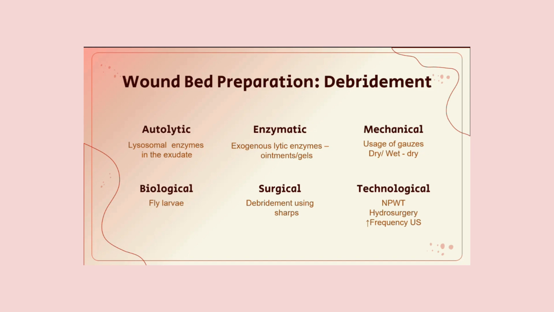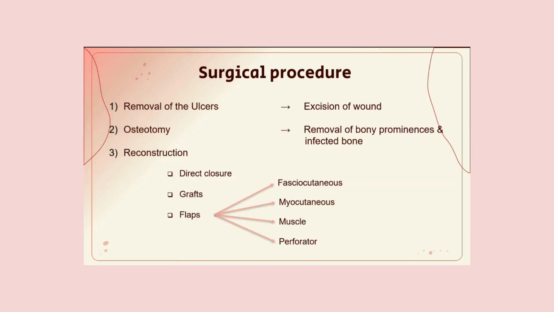In the surgical procedure, as I told first, we will be using debridement or the removal of the ulcer as such. Then if there are any bones jutting out, a bony prominence is there, or the bones are infected, through osteotomy we will remove those bones. If you are closely approximating the wound and it's getting healed, but you are not removing the source, like if the bone is out, the ulcer will recur. So there osteotomy comes into play. And after this is done,